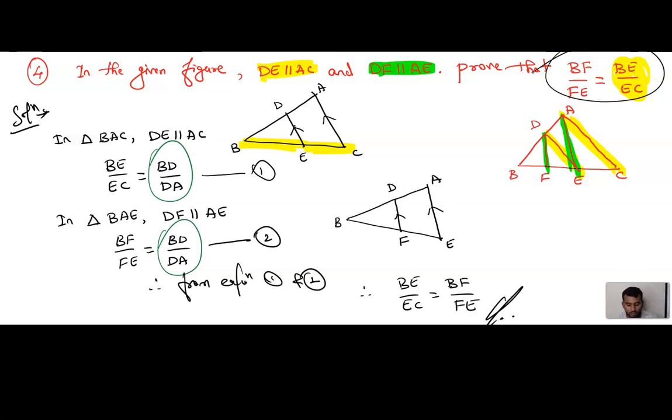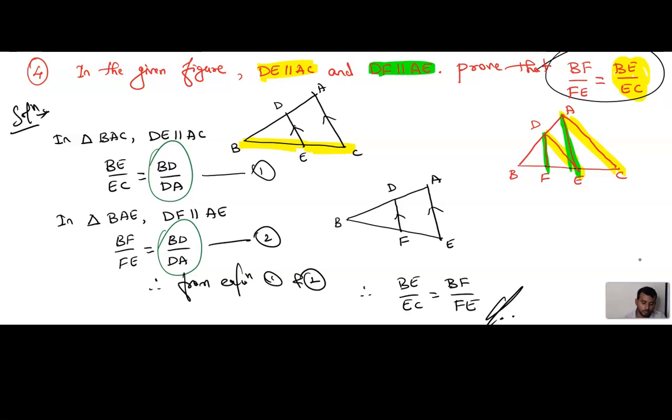BF by FE is equal to BE by EC. Yeah, it is there. खाली इधर का उधर लिखी बेटा, उधर का इधर लिखी. That's all. Understood? I have written right side into left side and left side into right side. Both are equal. If you want, you can write that step once again also. No problem. Hence proved. I hope you have understood the concept. Concept is clear? Understandable? Very good.